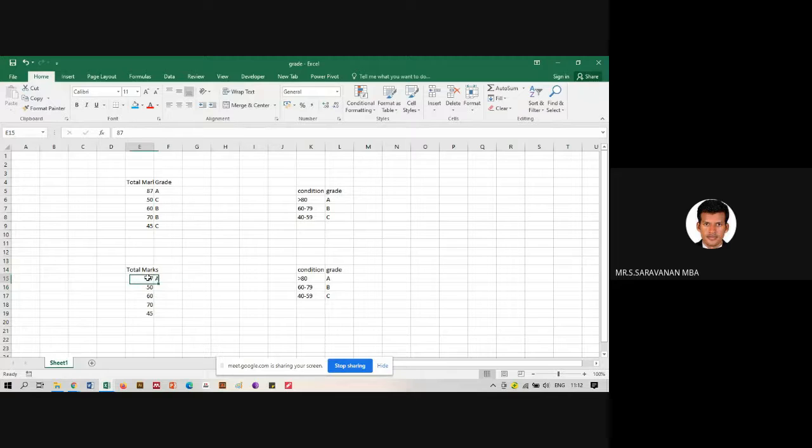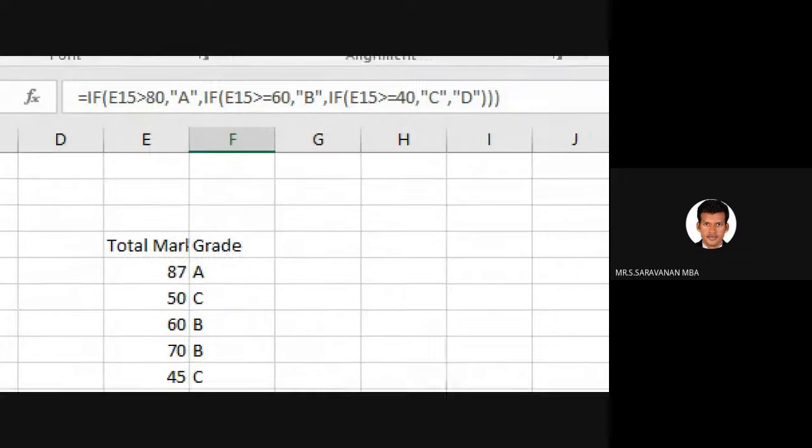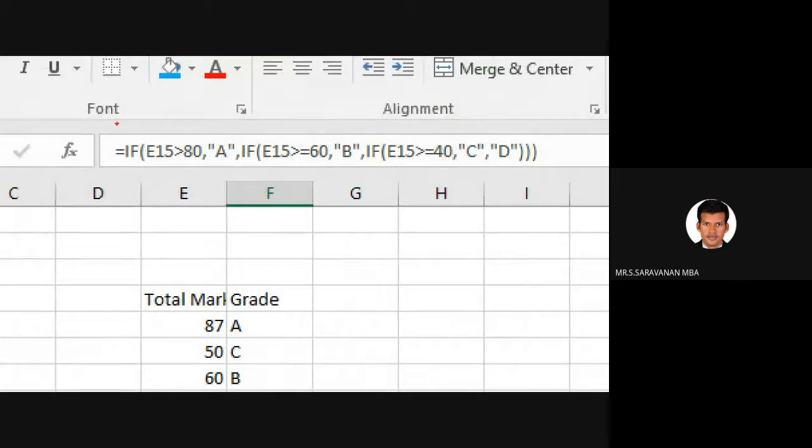So automatically, the first one is A grade, and it is giving the others B and C grade. Again, this is just an example. See, IF function, first category, second function, third function.